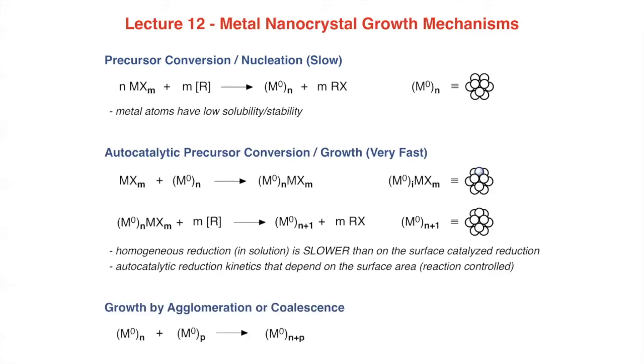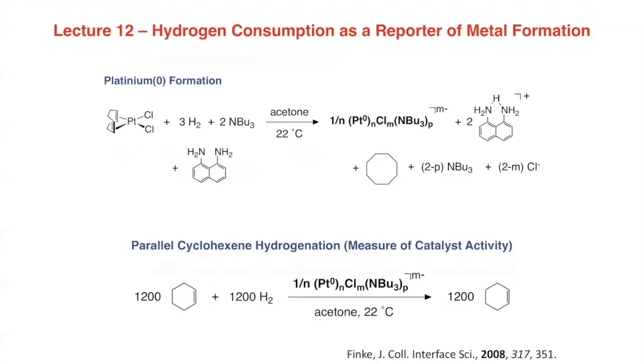And this has been demonstrated by a number of people. And I'll just say briefly, one more mechanism that tends to be very important in the growth of metals is growth by agglomeration or coalescence, where two metal particles get together and kind of sinter and form a new metal particle. There's a lot of examples of this kind of thing in metal particle literature. So I'm not going to talk about that step in any depth,